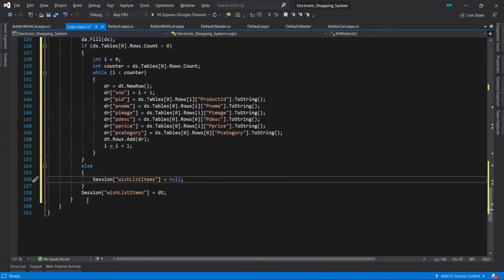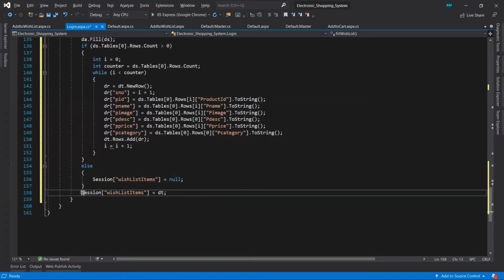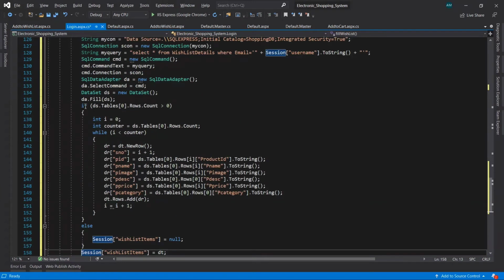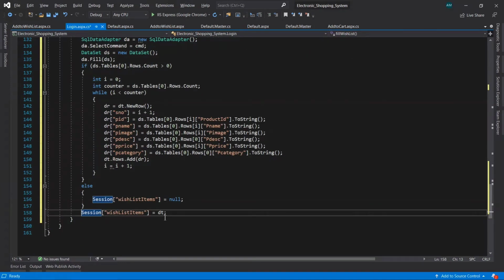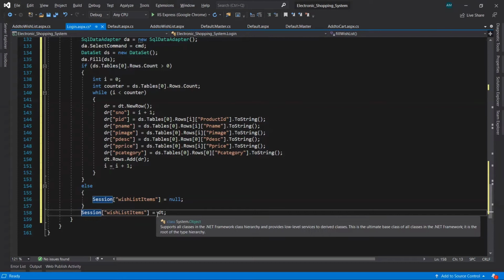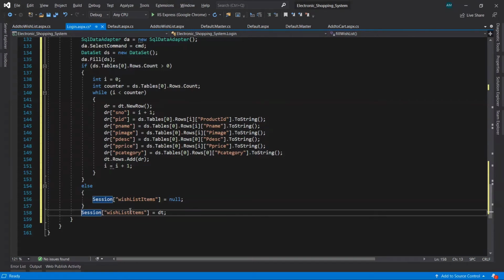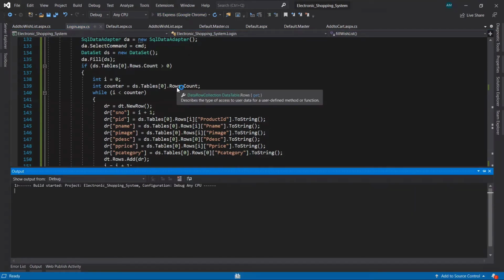After that, it is going to store the data table value inside the session wishlist items. So let's save it and run it, and let's see whether we are able to get the records in the wish list after login.